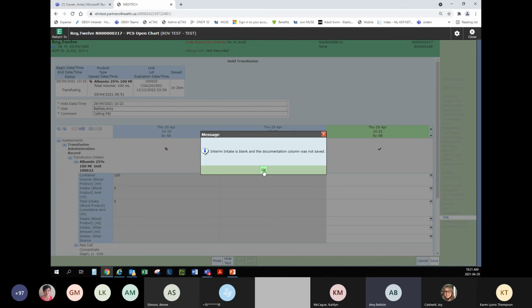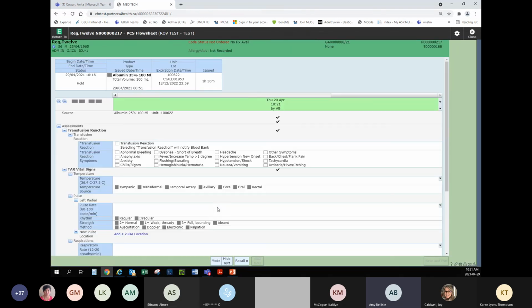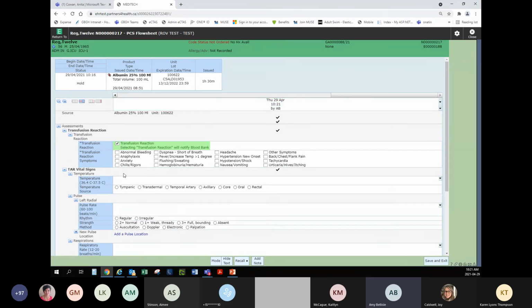Now it's going to make me put in there. Okay, so you can see that now that status is at hold, and we're going to document that reaction. So this is our document reaction assessment. So we're going to say we had a transfusion reaction. These are all our reaction symptoms, and this is built